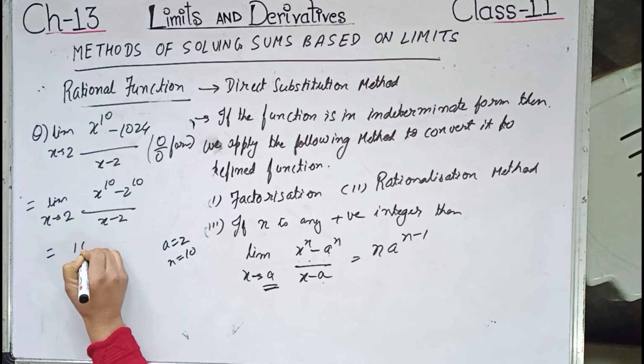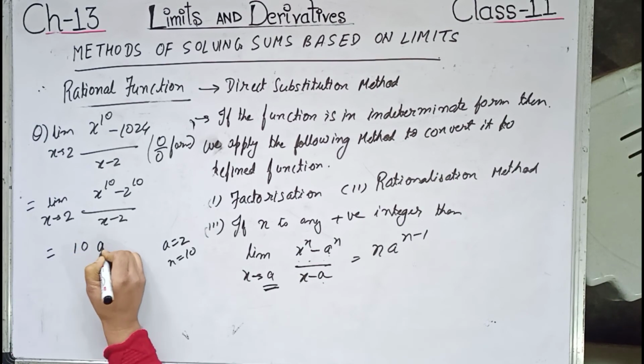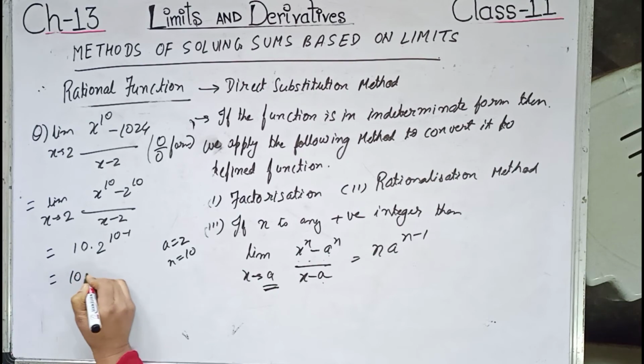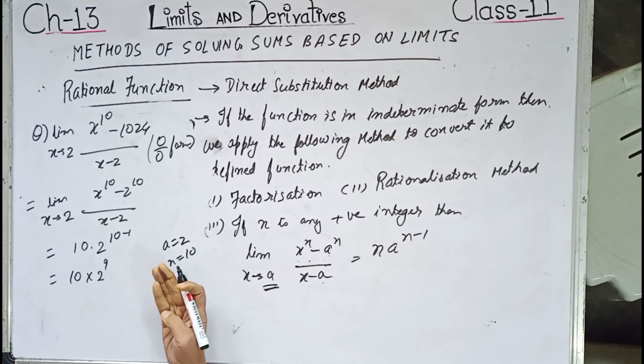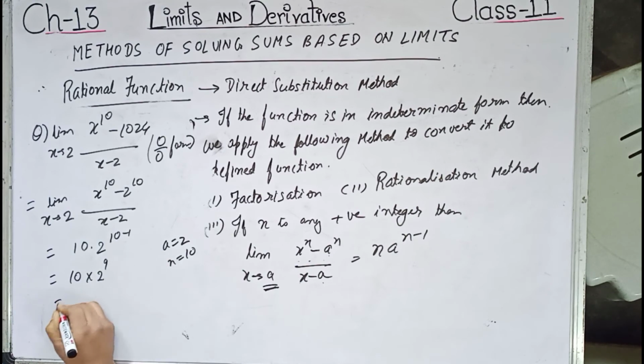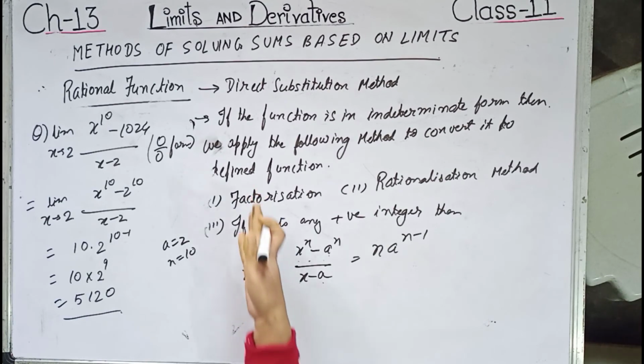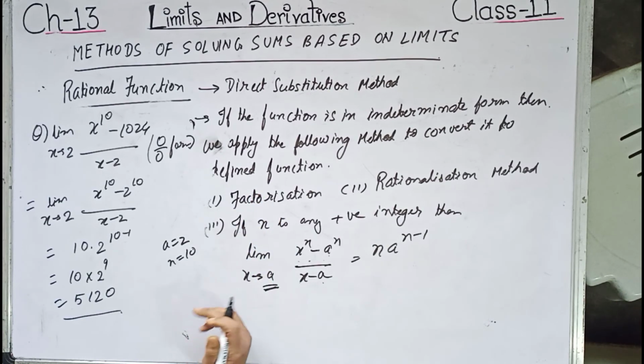So over here we can write this as 10 a is how much? 2 power n minus 1, that is 10 minus 1. So this will be equal to 10 into 2 power 9, and this calculation you will have to do. Equals 5120, or half of 1024 is, obviously, 2 to the power 9. So the answer is 5120. So similarly we can use these three concepts in many of the sums, and we will be solving the sums accordingly.